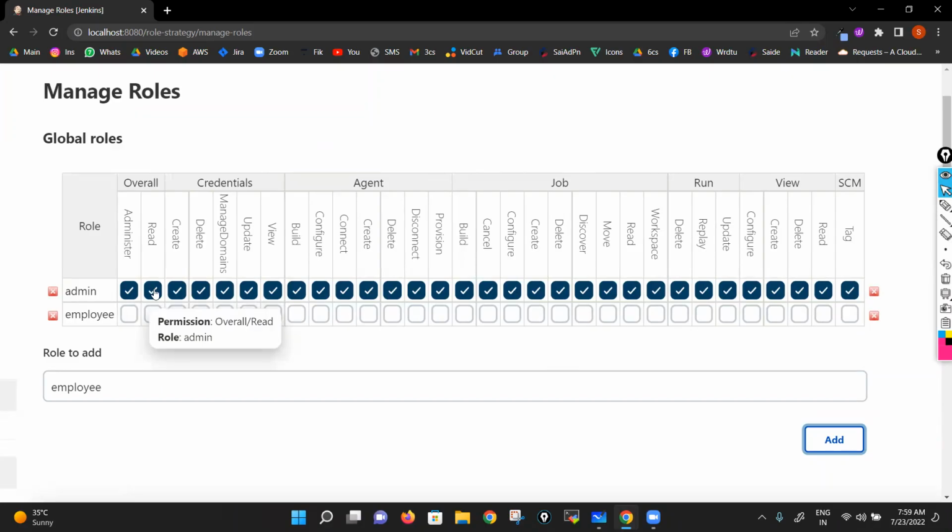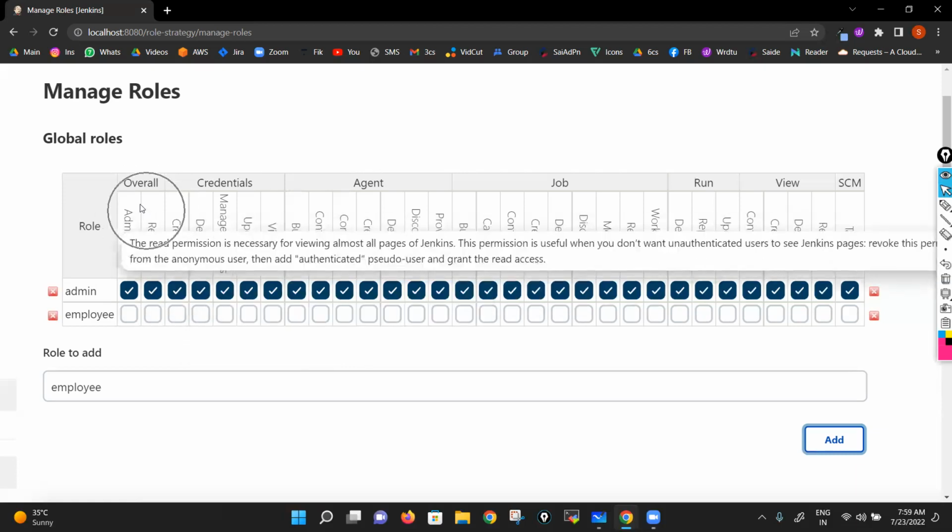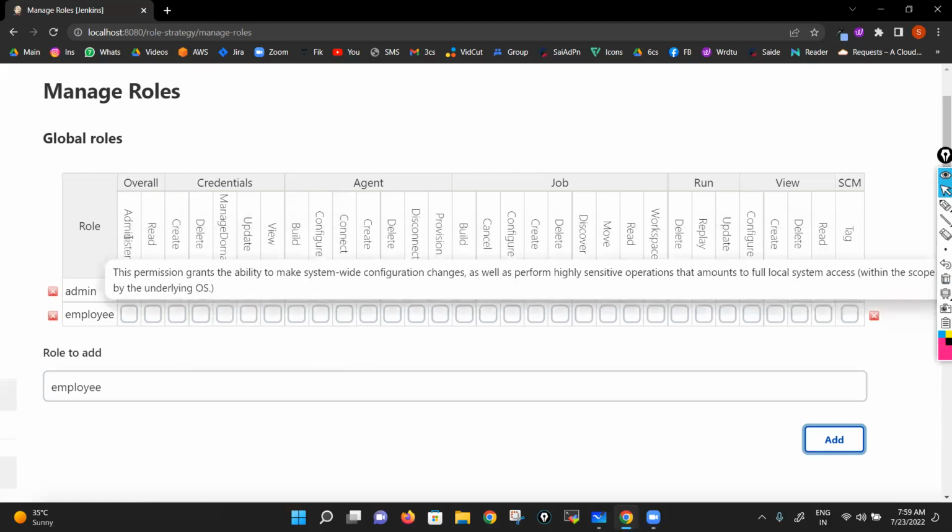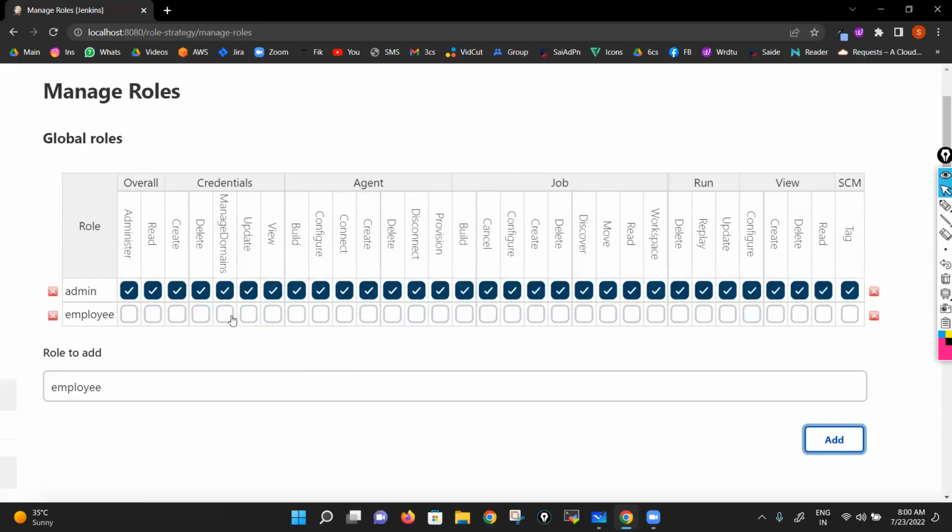Read. Overall read permissions. If I give this one, it deals with all of it. You can see overall, so complete read and full permissions. Like you can see here, jobs. If I give this, he can